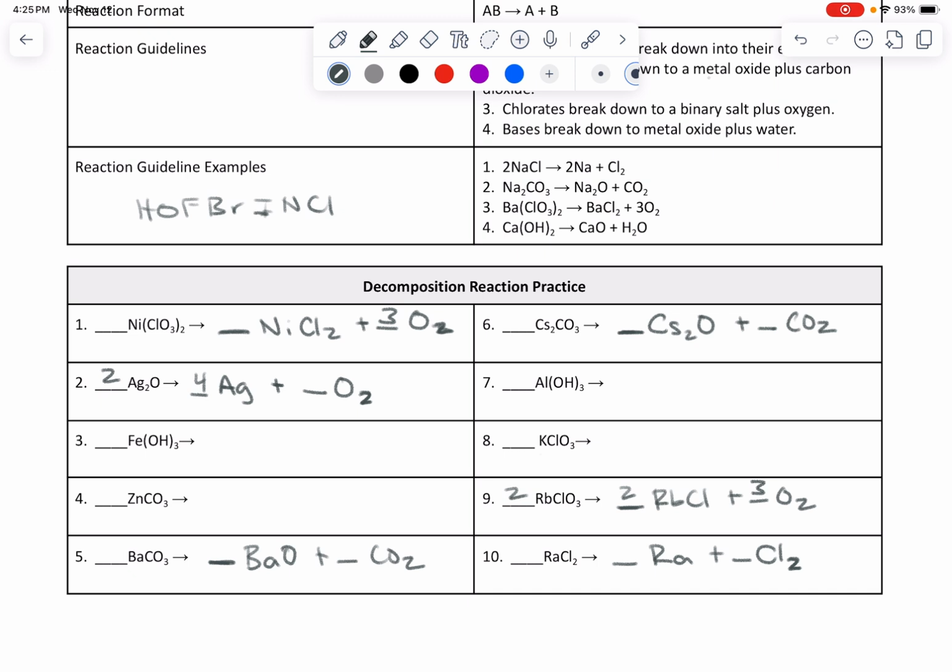Finally, one more chlorate. This is going to break down into potassium chloride, +1, -1 there, and oxygen gas with a 2, 2, and 3. Gosh, I'm seeing a pattern here. 2, 2, and 3 for our balancing coefficients for here. All right,